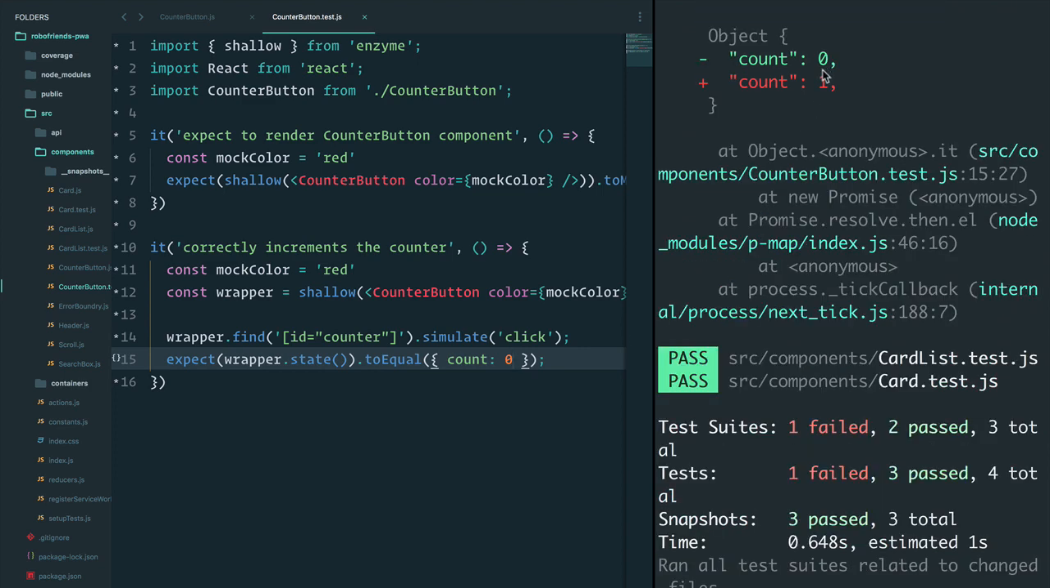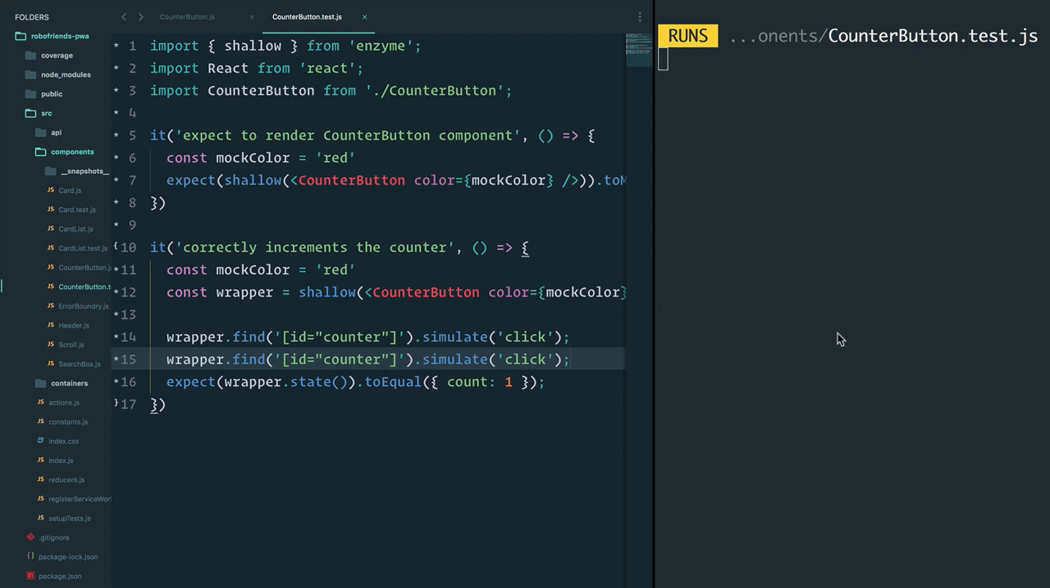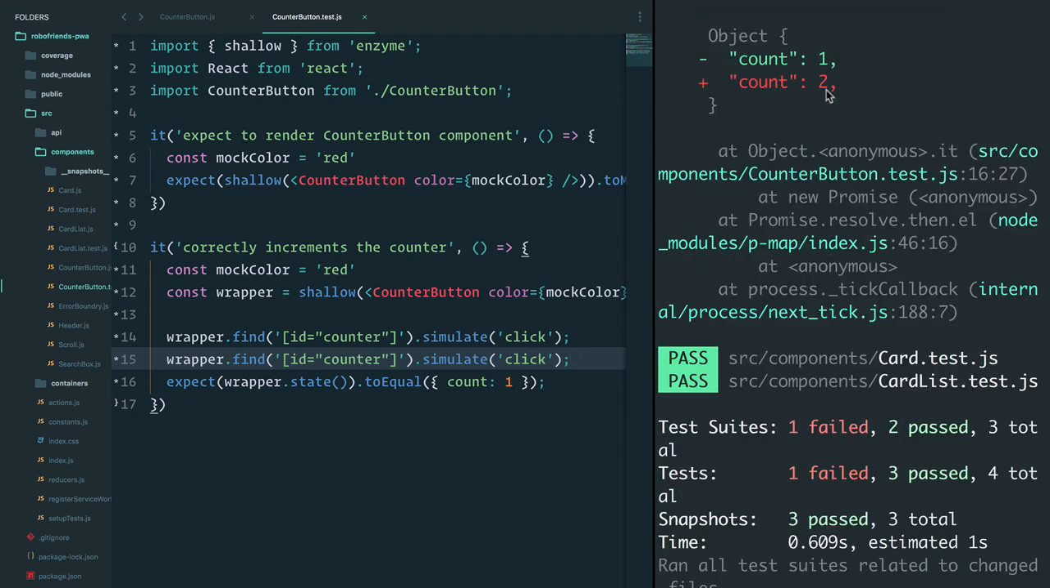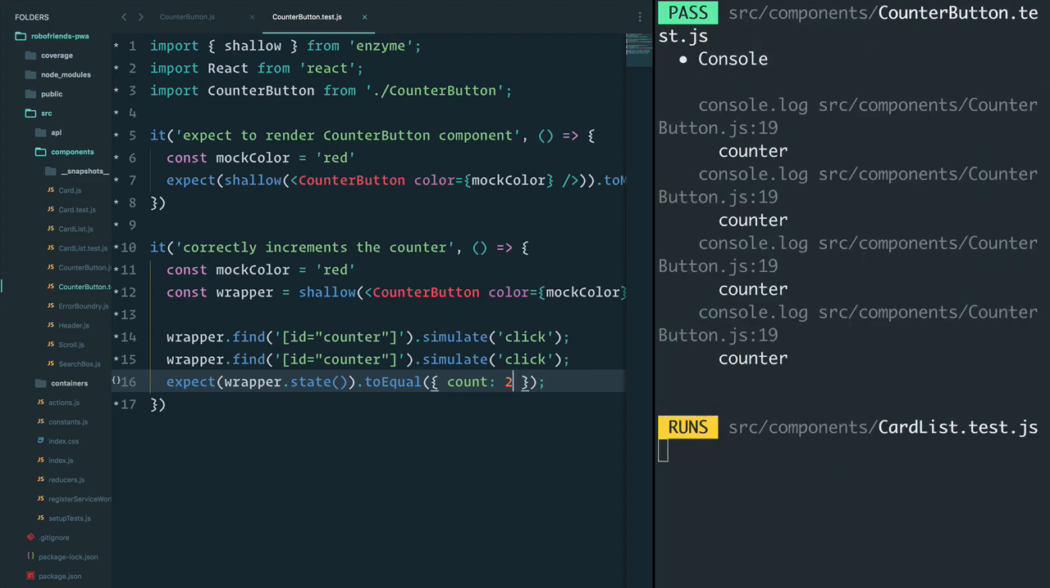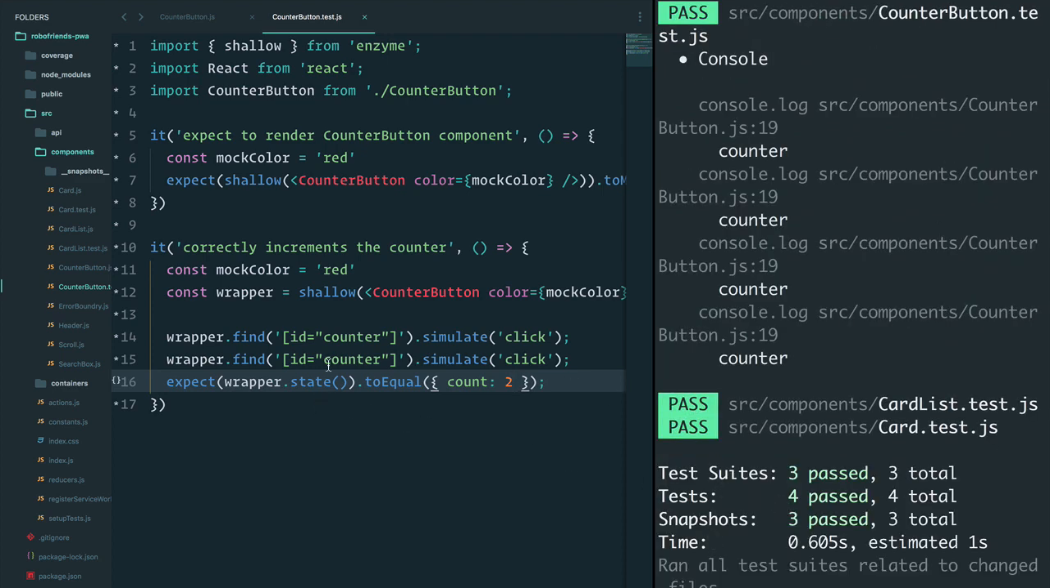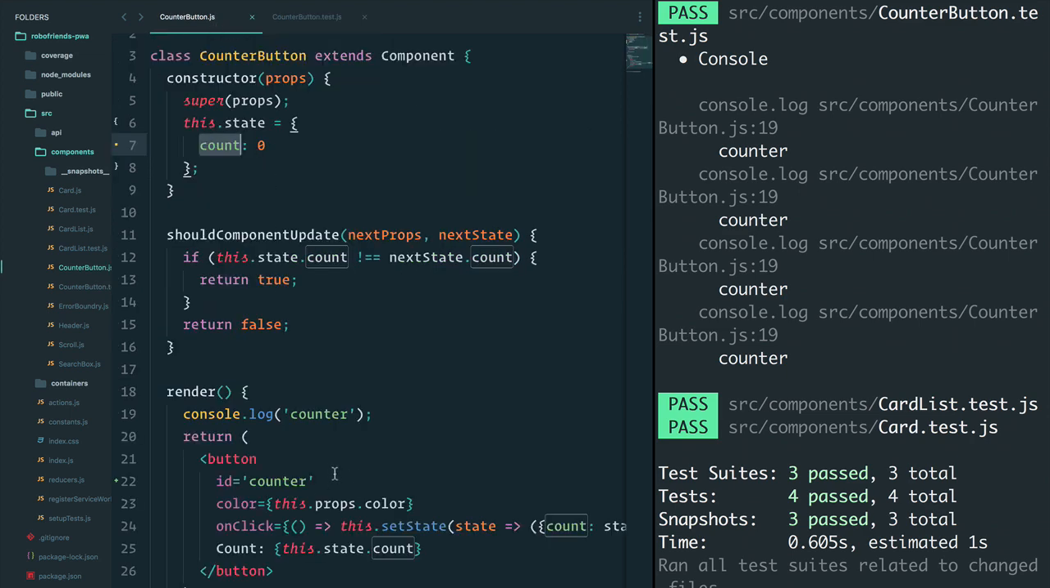Oh, it's failed. And let's go back again just to make sure our thing passes. I'm going to simulate a click again. So if I go, nope, now it's expecting a count of 2. So I change this to 2, and our tests are passing. That's pretty cool. Now, if I remove this counter,